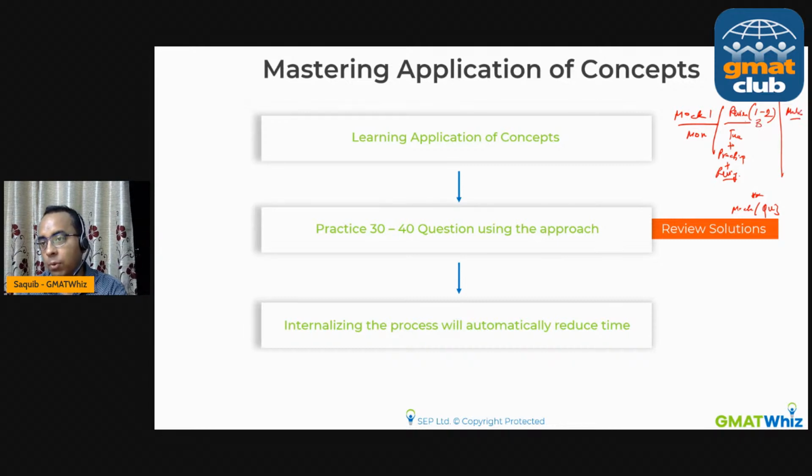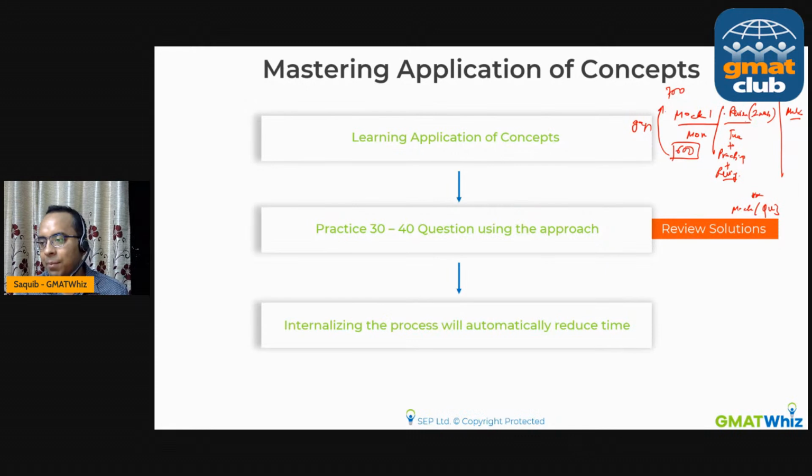If you need more time, take more. I'm just saying 1 to 2 as just a suggestion. If you need 1 to 3, or if you need 1 week also, if you realize you're aiming for a 700 and your score in the first mock is 600, there's a huge gap that you need to cover. Then in that case, you may need 2 weeks also. That's possible. But once you identify the gaps between 500, 600 and 700, what are the gaps, you can